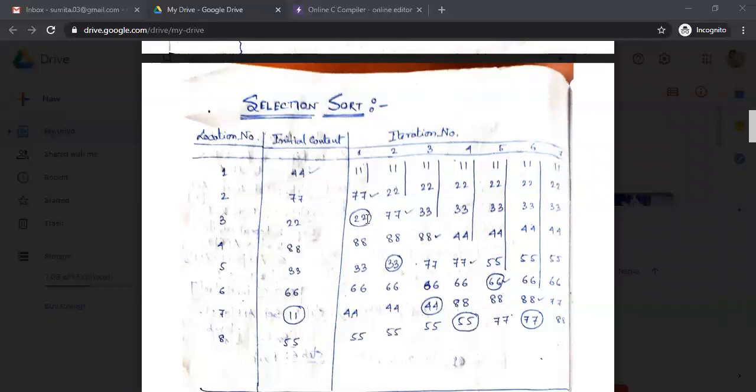After every iteration, your array position is changed because swapping is there, because comparison is there. So after iteration number 2 we have 77 here. So we are working with 77, not 22. Again 77, and we have to find out which one is the smallest one. So 33 is the smallest one. So 33 and 77 interchange with each other.